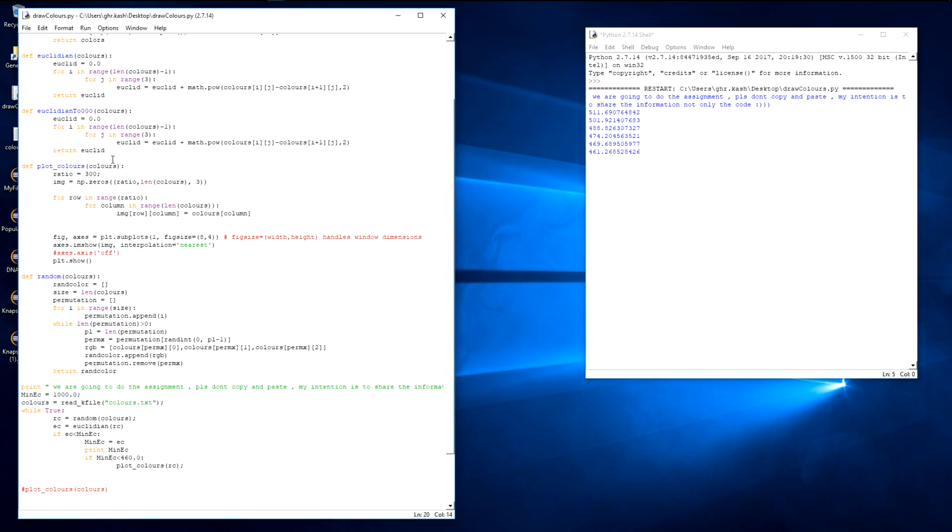There is something that makes sense for the output, but I'm going to pause this video and explain a little bit more about what you need to do for the assignment. You already have this information in the genetic algorithm. What we do exactly with the Euclidean distance is the calculation of the fitness, and this is going to show